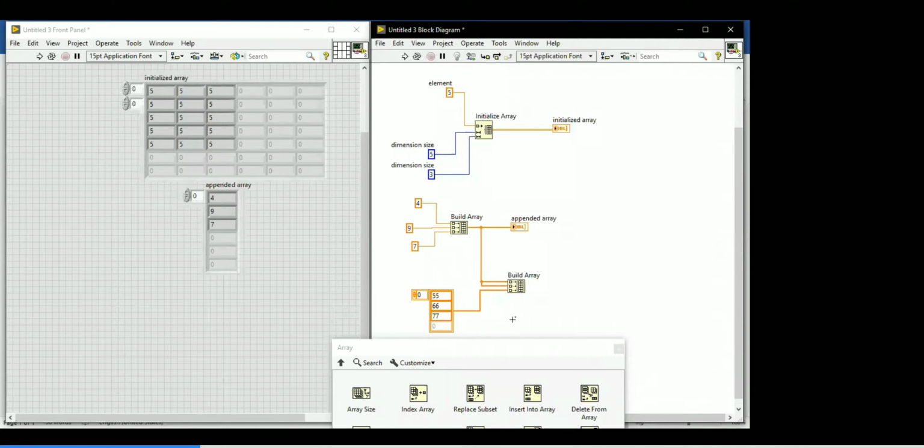What's the answer? Here you have values like 4, 9, 7, which are scalar values, and the output is 1D. But now I am giving 1D as the input. Of course 4, 9, 7 will come twice, and the third time I am giving 55, 66, 77. Now if I create the indicator, 3D will not come.